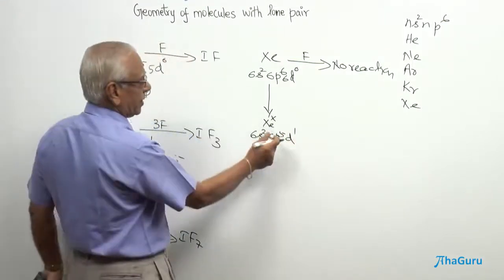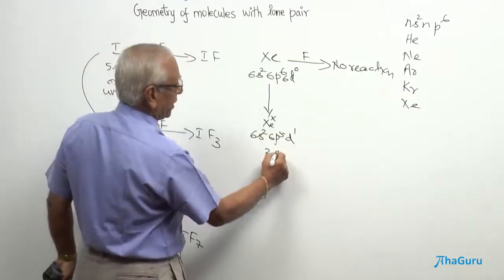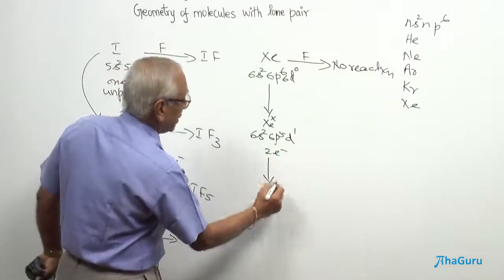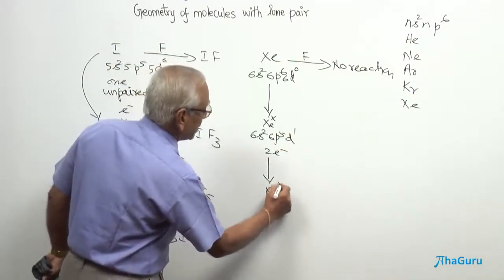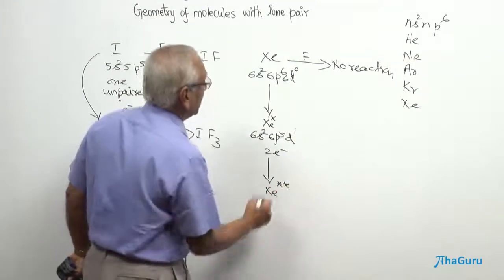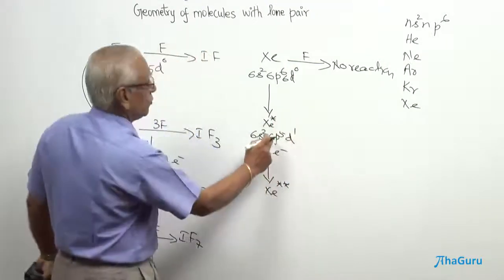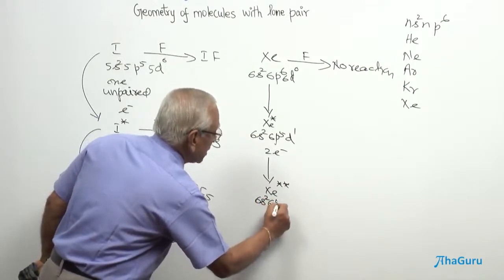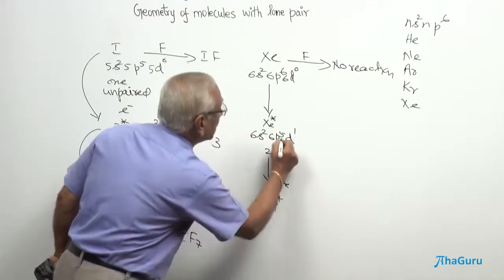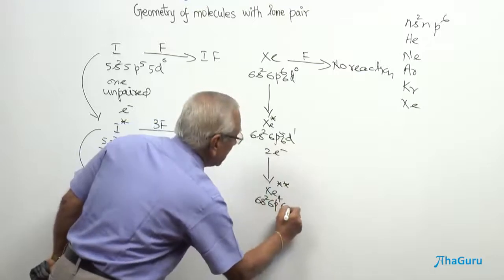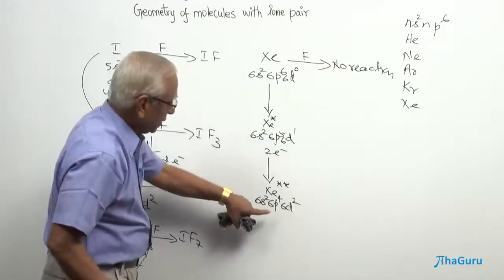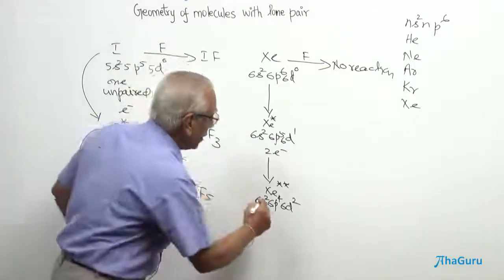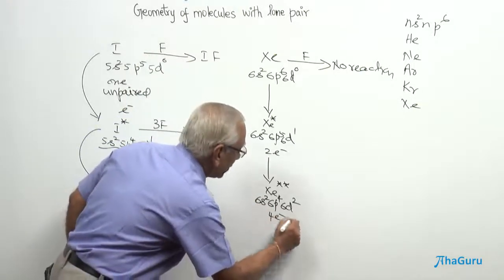See how many unpaired electrons? 1 plus 1 here, 2 unpaired electrons here. Now, you take it to the second excited state, one more pair of electrons. Therefore, this is going to be 6s2, 6p4 and 6d2. So, there are 2 unpaired electrons and 2 unpaired electrons, so totally 4 unpaired electrons here.